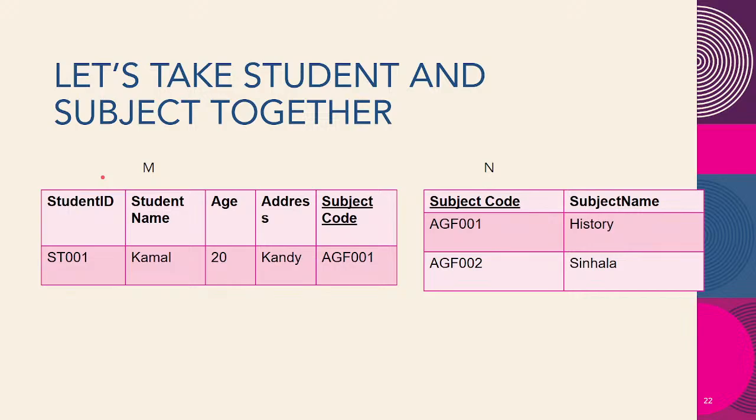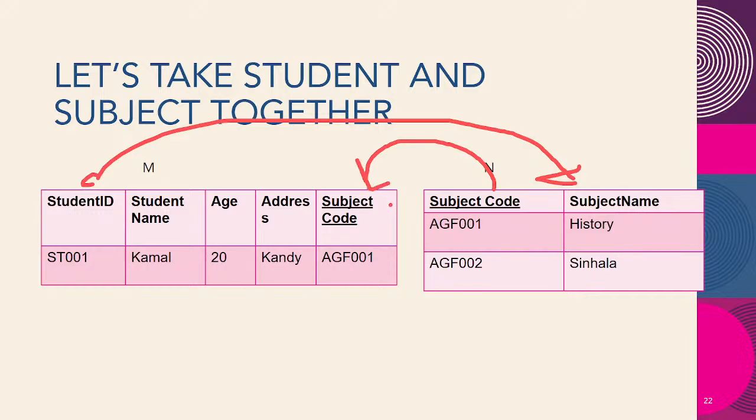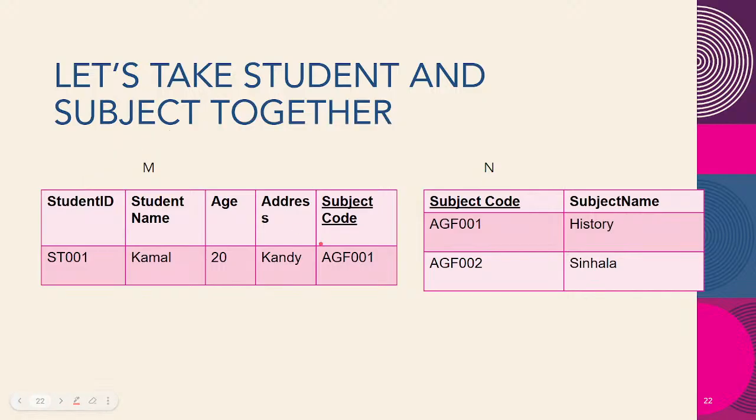You can put this in here, the subject name. The other way is you can put the subject code in here. Now what we had done in here is we had put the subject code. We have the subject code here and we had put the subject code to here. Now if I ask the question, who is doing the history? The answer will be Kamal